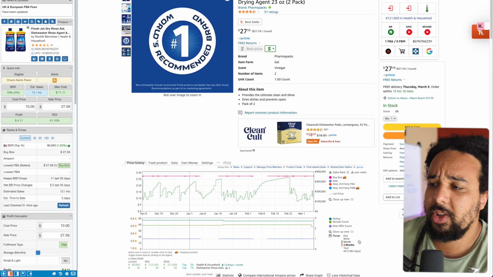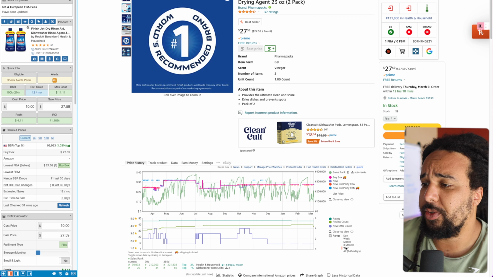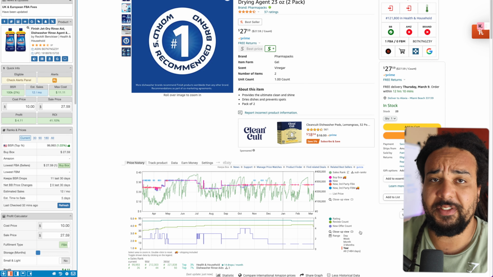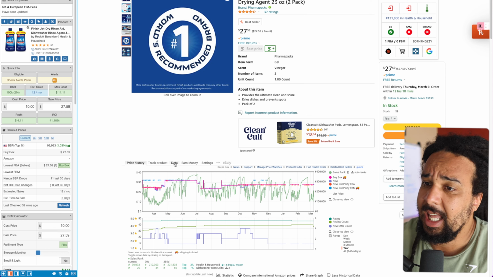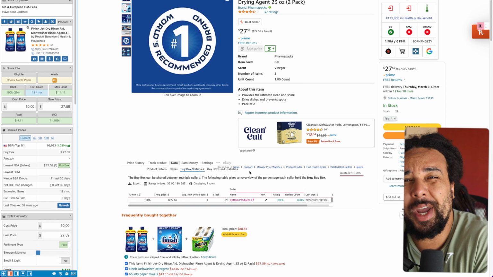Some sellers say the only thing that's relevant is the 3 months view. I disagree, because sometimes you get a better idea of the lead when you look at the yearly view. You see stuff that disqualifies this lead and makes you understand that it's not that good of a lead. And then you need to look at the buy box statistics to figure out if people can actually win the buy box. Because if you cannot win the buy box, you are not going to be able to sell the product at the price that you intended.